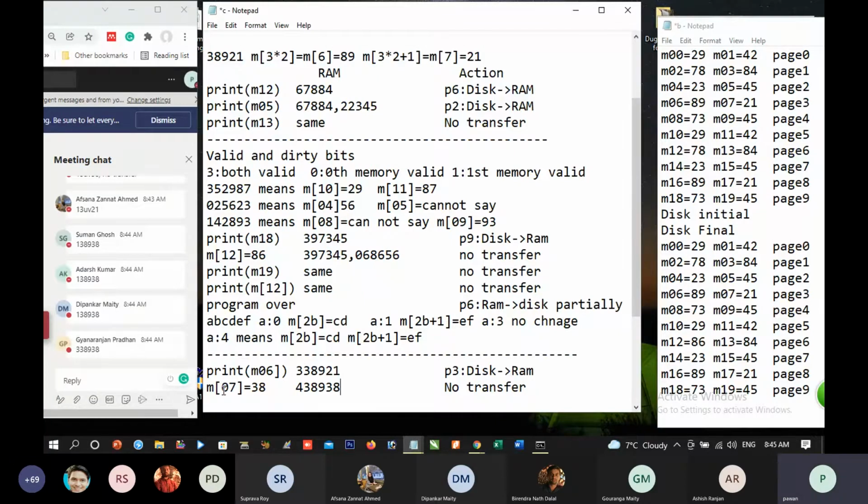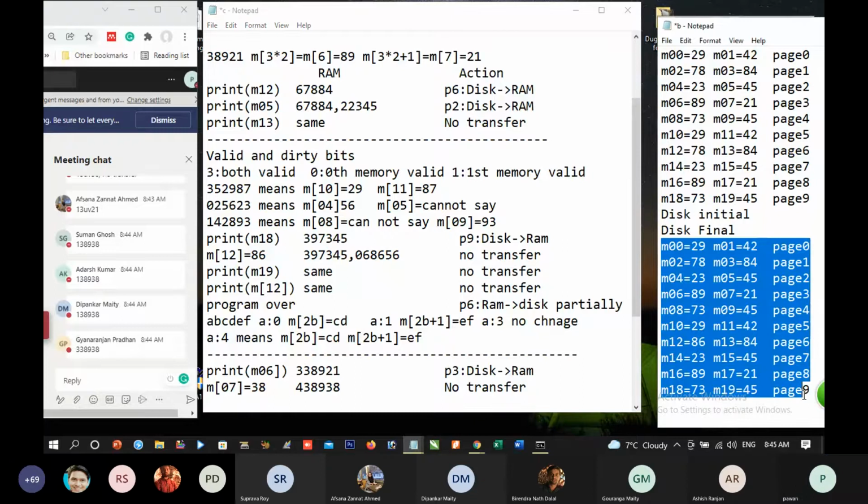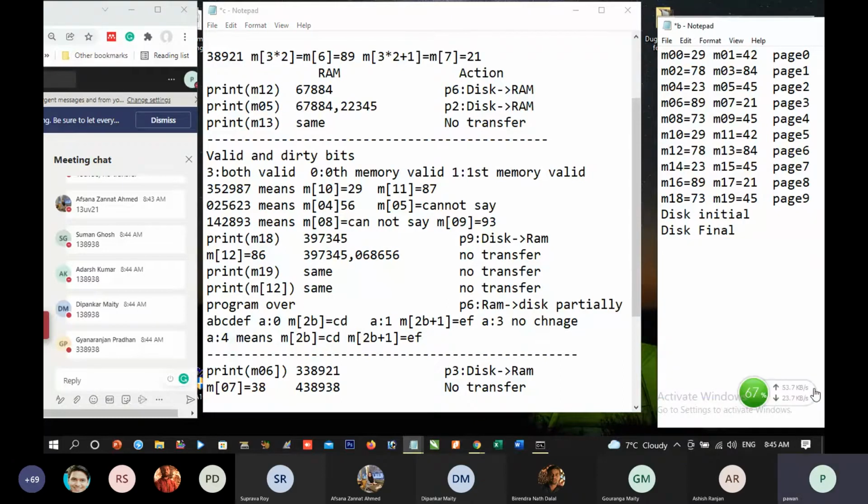Now, when our work is entirely over, then the full page in the memory will be updated. Is this all right to you? Now, fine.